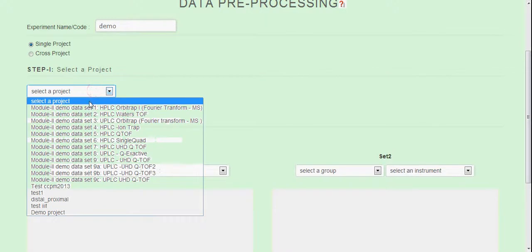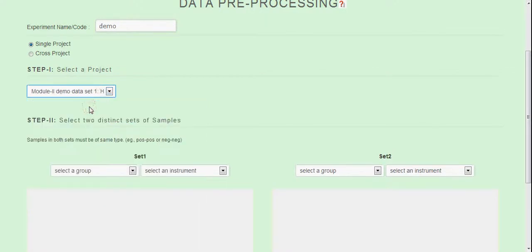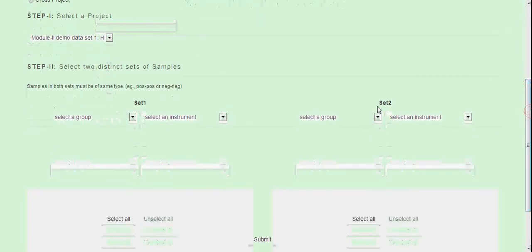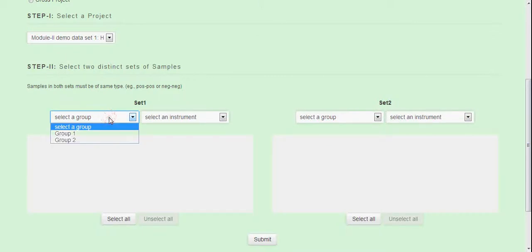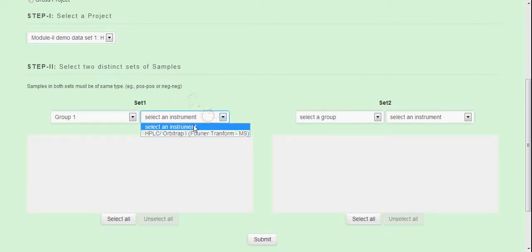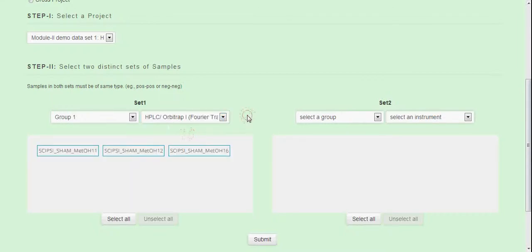So in single project you can select a project. After selecting that project, in set 1 all the groups that are present in the project you have selected above will be shown. So for example, I take group 1 here, and then I select the instrument name that I have already filled earlier in the metadata.